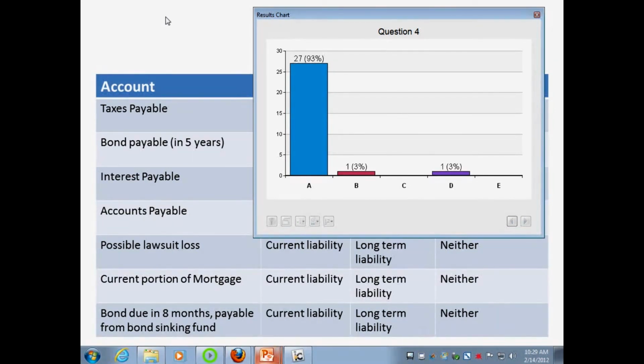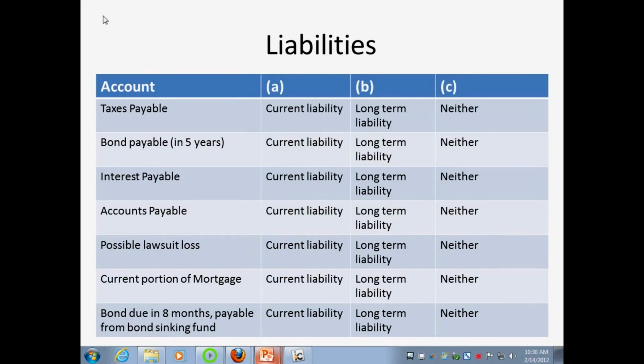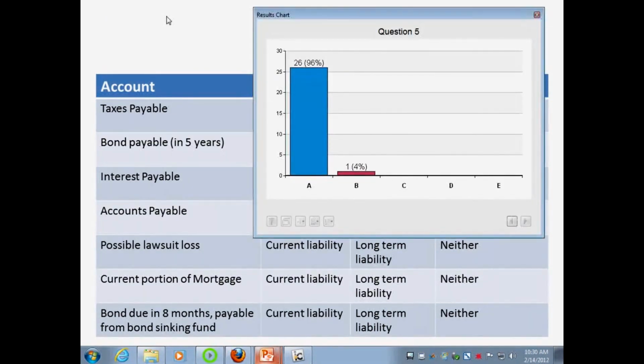However, what's much more typical is that a bond comes with a stated interest rate. You make semi-annual or annual interest payments, and they're current. So current is definitely the more likely answer. Long-term is possible, though. Okay, how about accounts payable? What do we do with that? All right, great. Who wants to put accounts payable in long-term? What would be a situation where you can imagine that being the case?